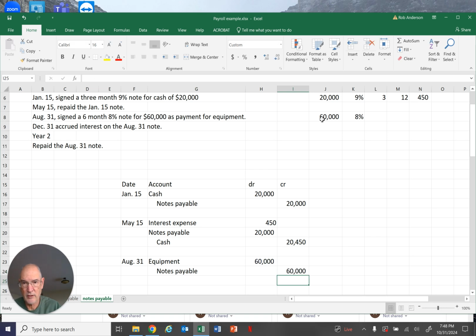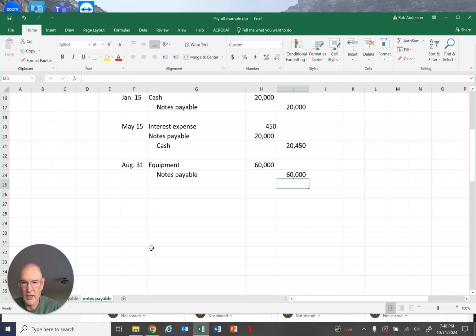So there's our equipment. Okay, now just a little aside here. I made this note August 31, and that's so that when we calculate interest, we're going to feel okay about rounding to the nearest month. So from the end of August to the end of December, well, September, October, November, December, 4 months. So we're going to use 4 months out of 12. In reality, though, we have to count the days. So for expediency and efficiency, we're just saying, oh, okay, we have to accrue 4 months